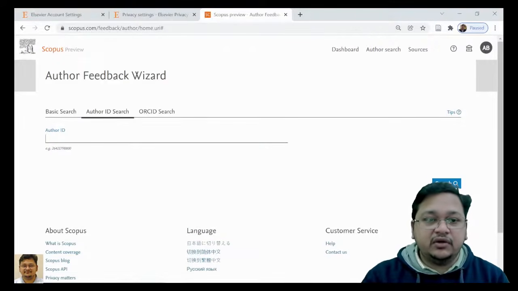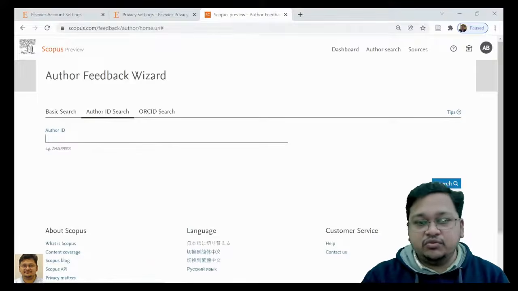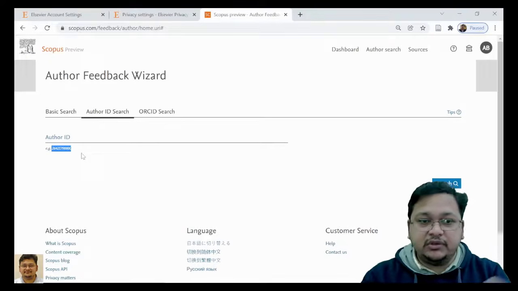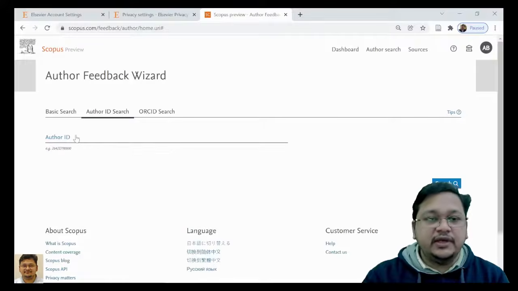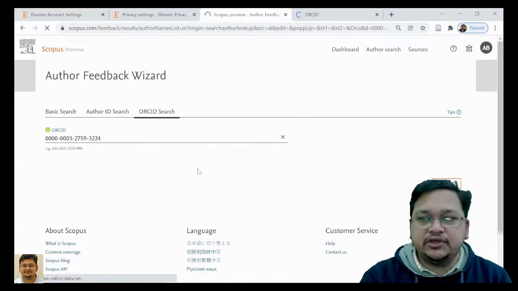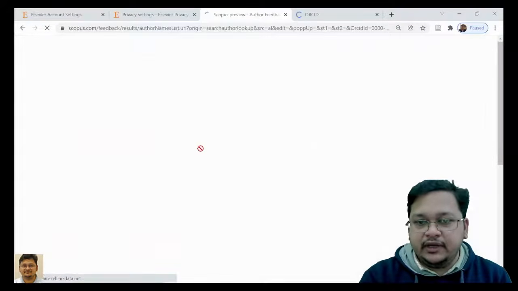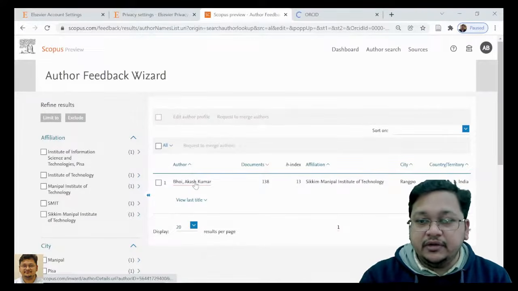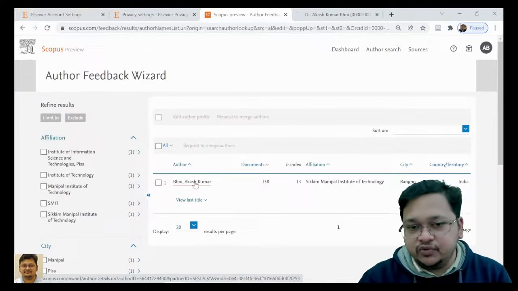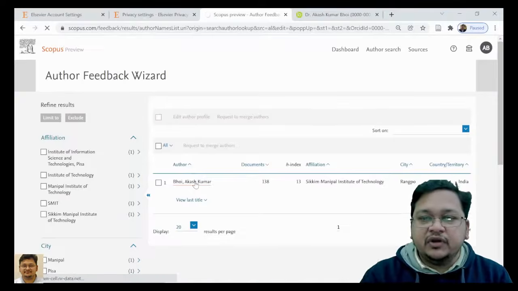so either you can, if you know the author ID, जैसे कि मुझे मेरा author ID पता है, यहाँ पे एग्जांपल दिया है मैंने आपको, जस्ट अभी ही बताया था ऑथर आईडी क्या है, उसके थ्रू आप सर्च कर सकते हो, ऑर्किड आईडी के थ्रू भी आप सर्च कर सकते हो। सो लेट्स सर्च विथ ऑर्किड आईडी ओनली। तो ऑर्किड आईडी के थ्रू जब मैं सर्च कर रहा हूँ तो it will again take me to this particular link। उस टाइम पे मुझे पता नहीं था कि मेरा अकाउंट ऑलरेडी क्रिएटेड है, लेट्स सपोज।